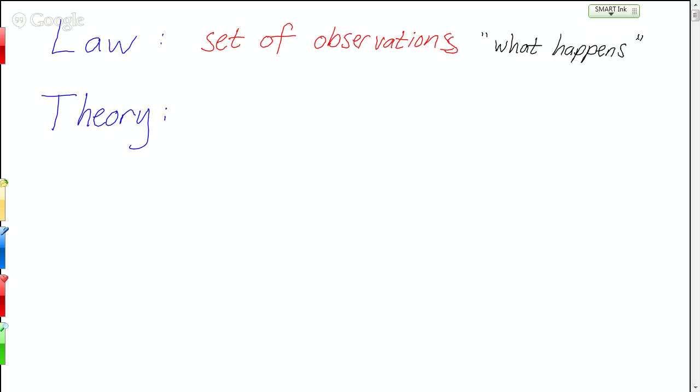And I've got all this evidence to back it up. What might you ask me? Why? Yeah, why does this happen? And as I've formulated this law, I just keep seeing it happen. But ultimately, I then want to formulate a hypothesis or a theory about why that is happening. So a theory